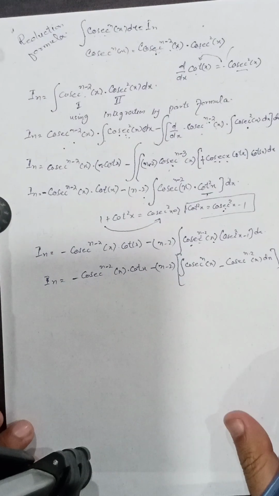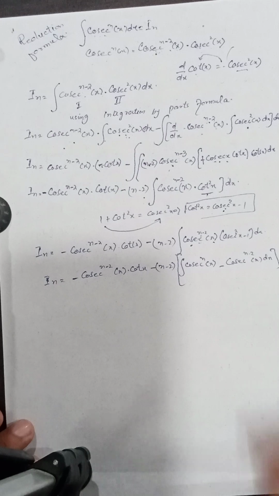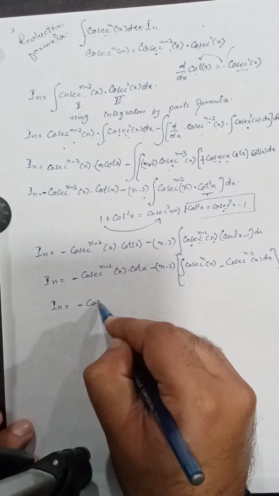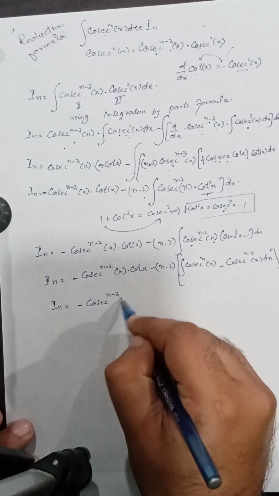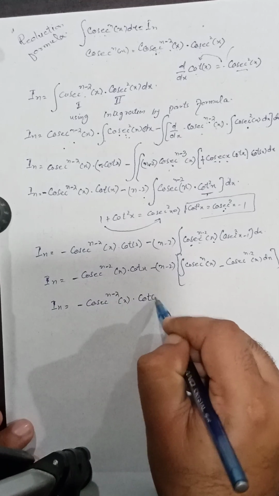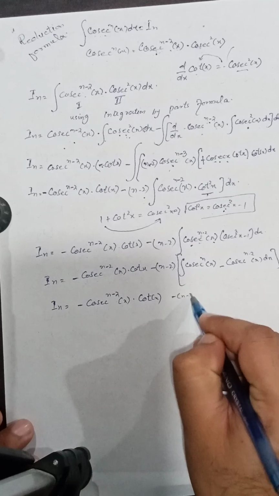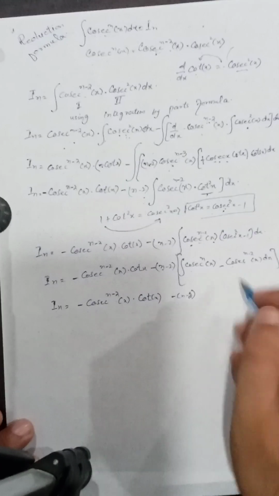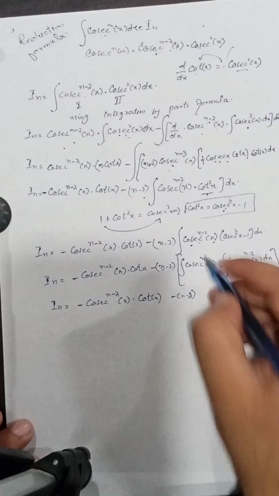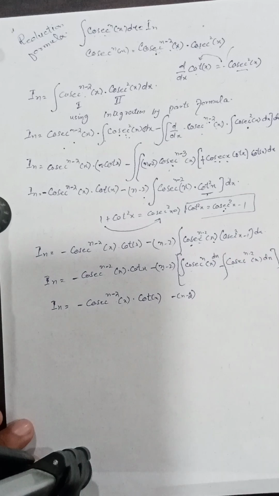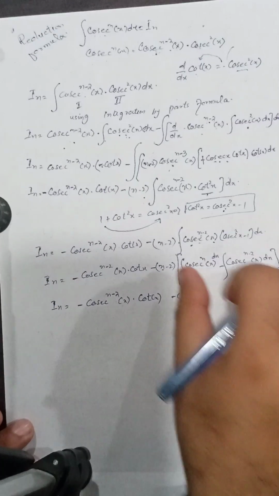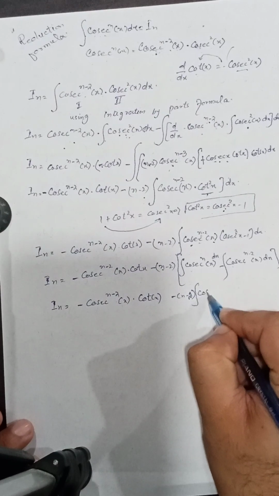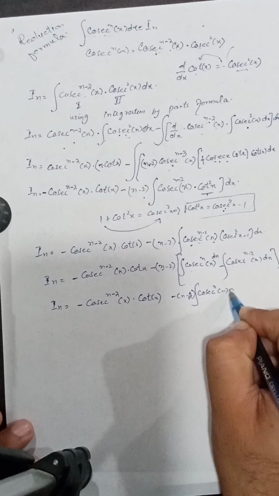dx. These functions have been multiplied with each other, so I_n is equal to minus cosecant^(n-2) of x with cotangent of x minus (n-2). Multiply this n minus 2 with these two functions and apply integration to these two functions as well. Integration is applied because of the linearity rule of integration. So n minus 2 times the integral of cosecant^n of x dx